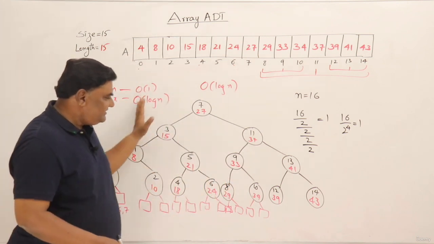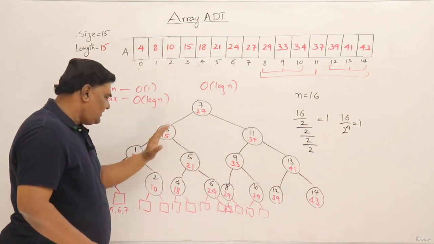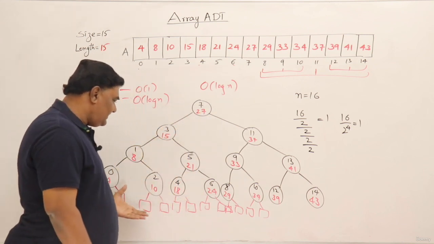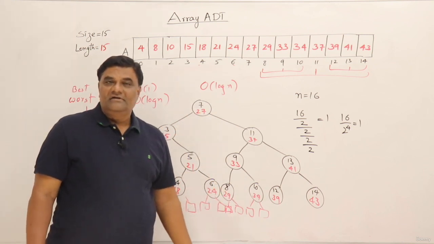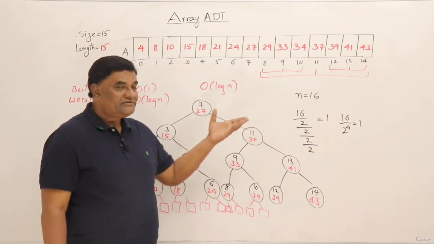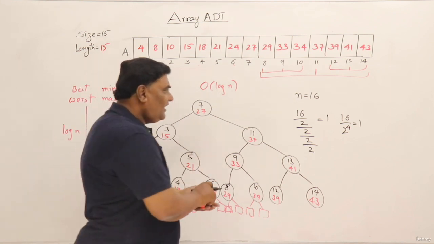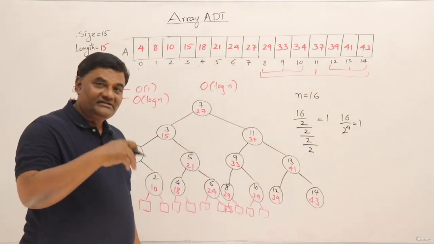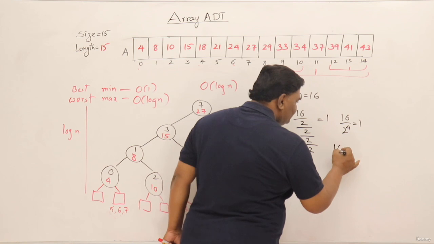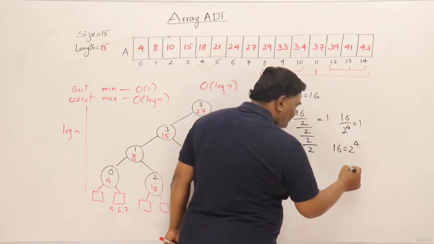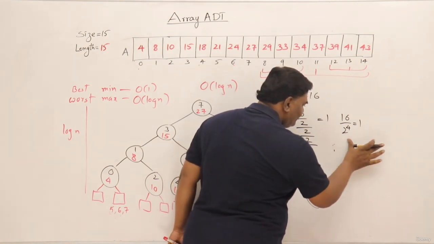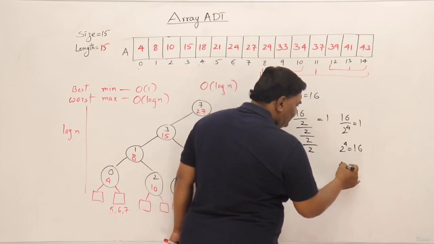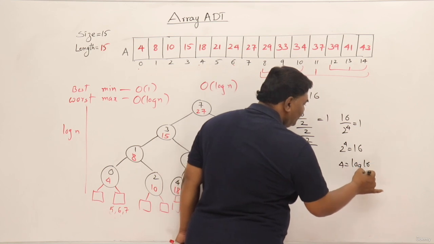See, there were a total of 16 elements; take this half, then this half, then this half, then we got just one element. Either our search stops here or at last it will stop here. So this is 4. So how do you calculate that? 16, how many times should it be divided by 2 to get 1? It's nothing but 16 is equal to 2 power 4. So 4,